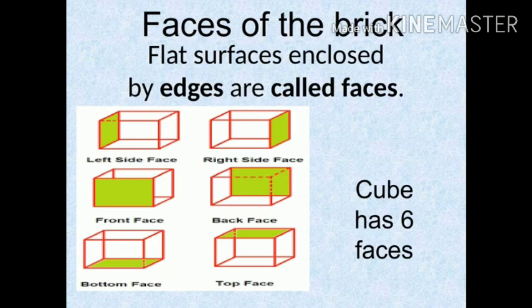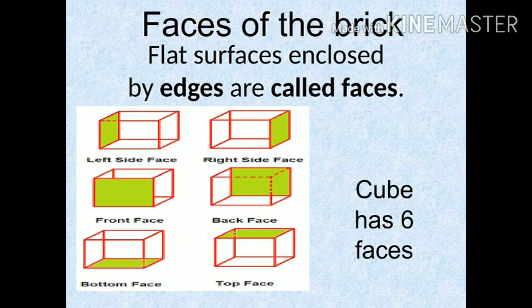There is only one face for a human being, right? For dogs, how many faces are there? There is only one face for a dog, right? Same, but in shapes or some other materials, we are able to see more faces, right? So the flat surfaces that are enclosed by the edges